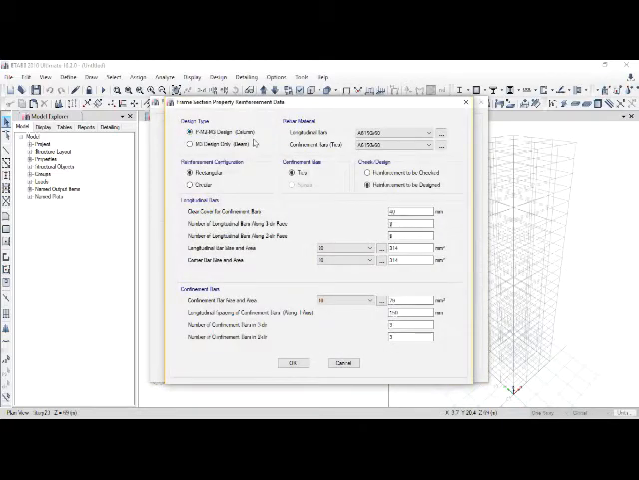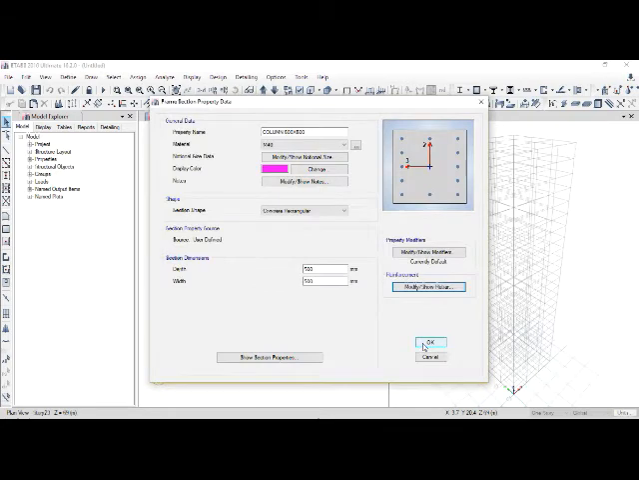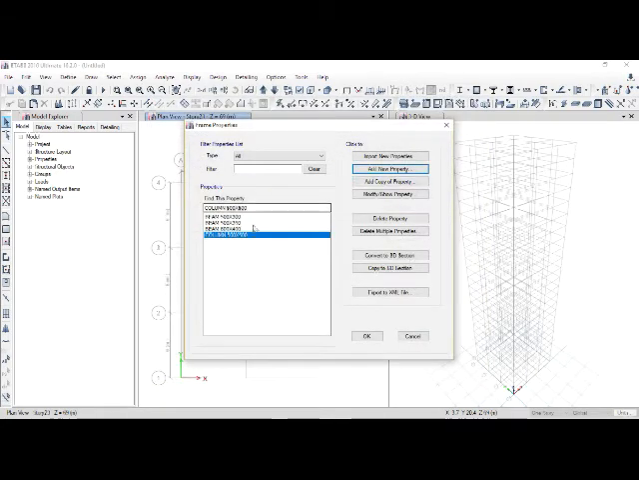Then we'll go to modify reinforcement. We'll keep the design as column. Then we'll change the reinforcement for the longitudinal and confinement. We'll check the cover and click OK. Click OK. Next we'll add a copy of the same property